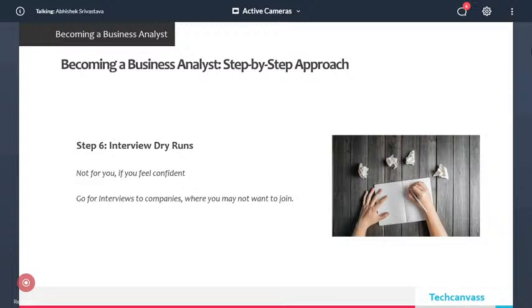If I don't want to join company A, I will make sure that I go for an interview in that company. There's no pressure. I give answers and see for myself where I stand. Then come back, prepare, then apply to another company where I don't want to go, till the time I feel I'm confident enough to face the interview of the company where I want to go,